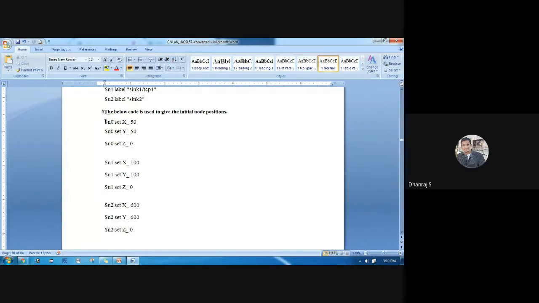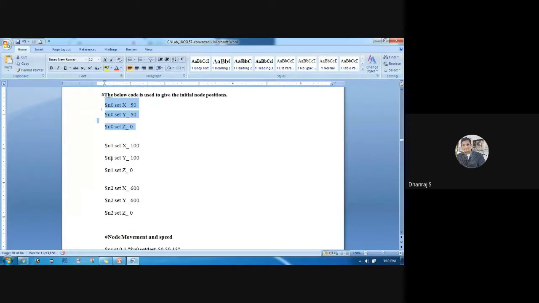So how do we position them? What is the general syntax? $n0 set X_ 50, and similarly along the y-axis it should be at this position, and for the z-axis it should be 0. This is for the n0 node. So in the initial stage of the simulation, the n0 node should be at 50 comma 50.